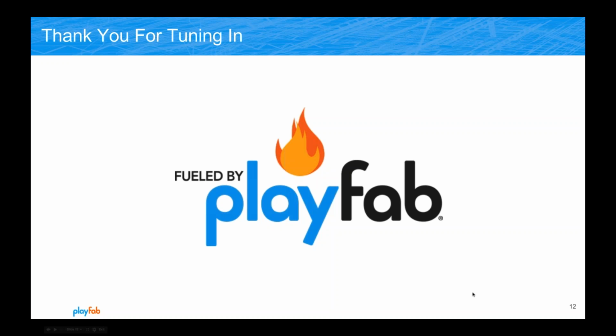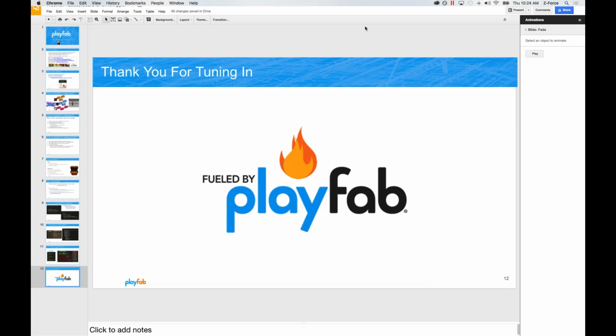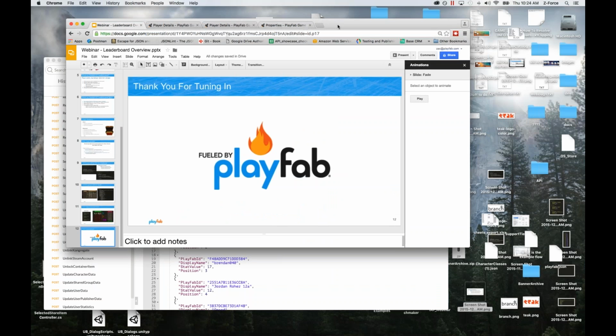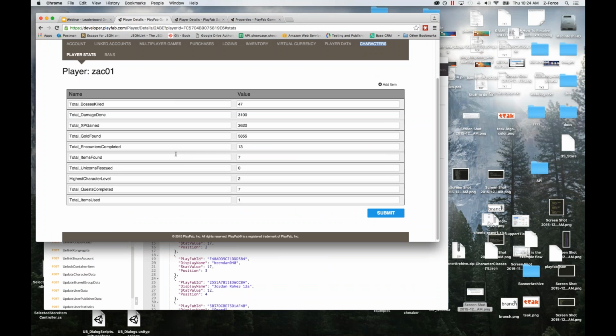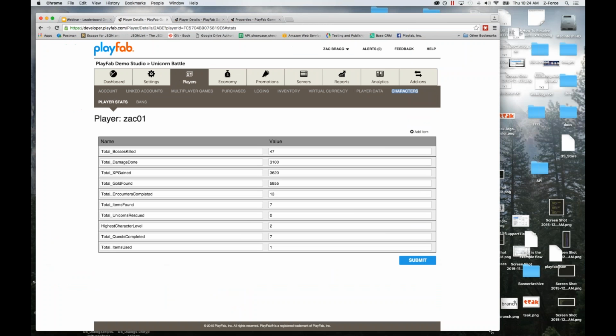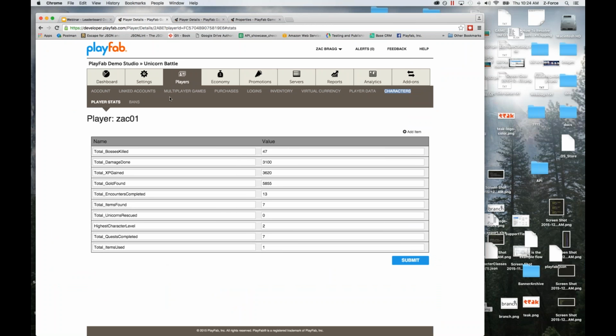All right, so that's all I have for the slide deck. Now I'm going to switch over to my Postman client and the game manager to show off a little bit of where these things are in relation to other areas of PlayFab and things that you might also be familiar with. So here we're looking at the main dashboard game manager for Unicorn Battle, and I'm under the Players tab,